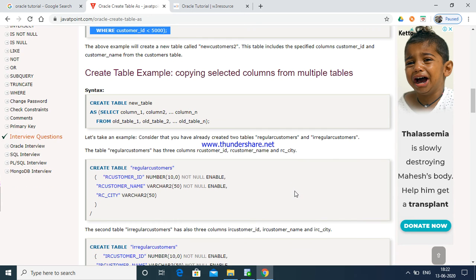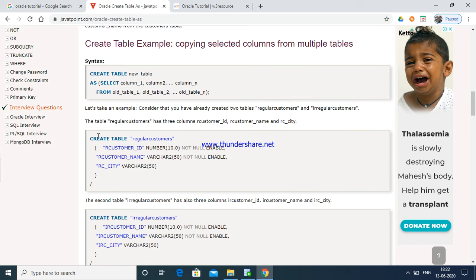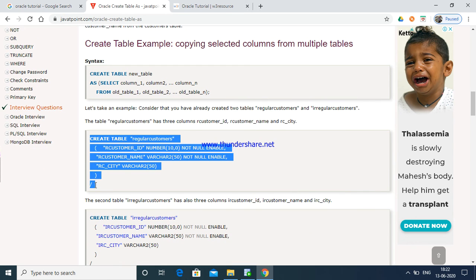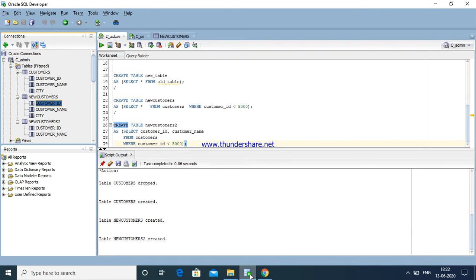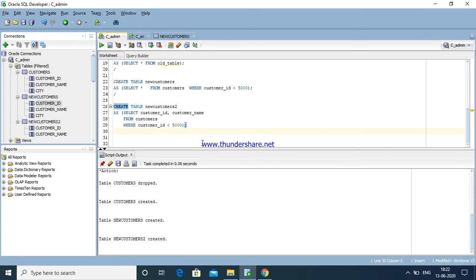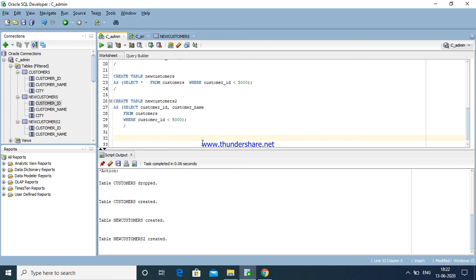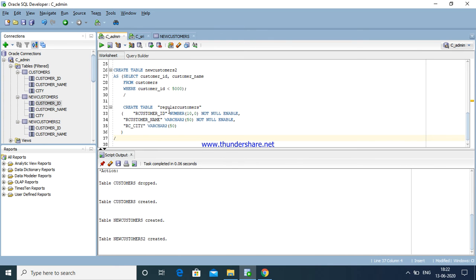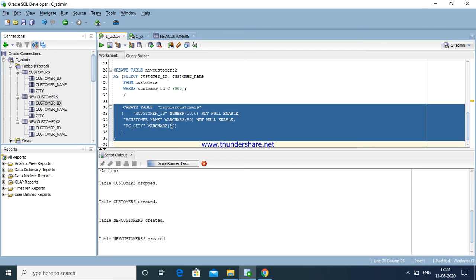We created 2 tables. Using these 2 tables, we are going to copy again from multiple tables. This is my existing slash. Now I am going to create a regular customer. Control enter.